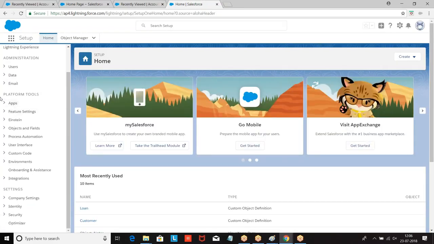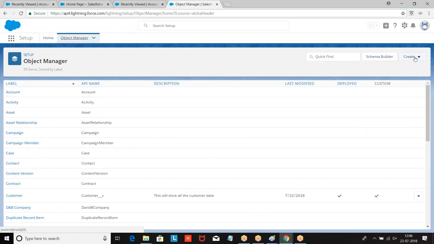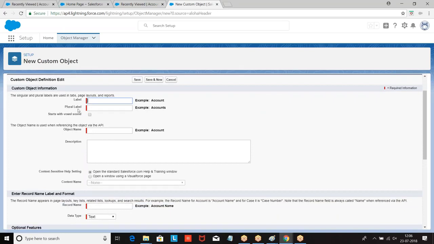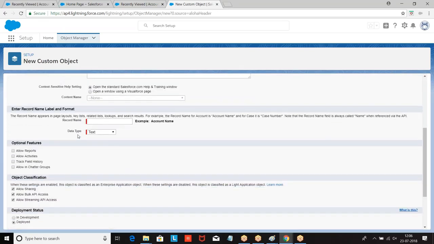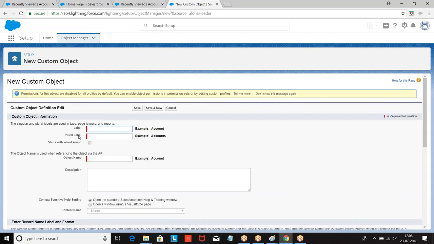Then we have platform tools, objects and fields, object manager, create. The process is the same: label, plural label, same steps, no difference, right? But only the navigation format is different. I hope you are good with this example, right?